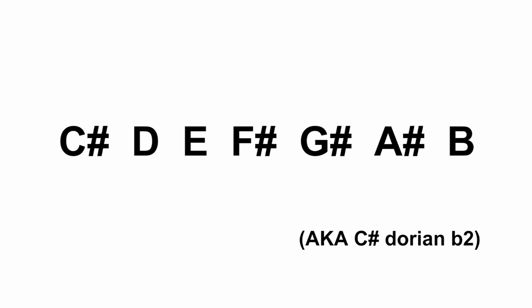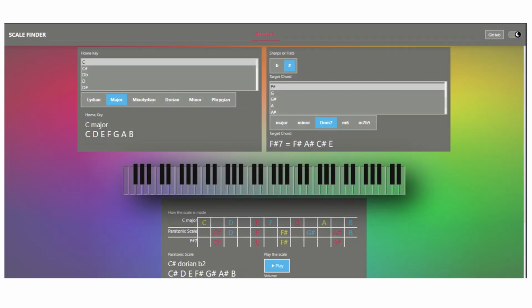Nice, you may say, but do I really need to do all these calculations every single time I want to use a chromatic chord? The answer is not so much. User El Shabini in the Meta Harmony Discord server has made an online calculator to spare us all this trouble. The link is in the description.